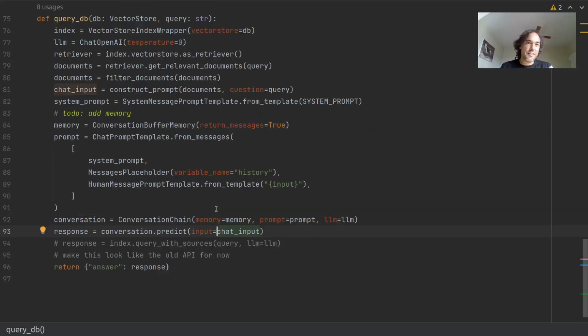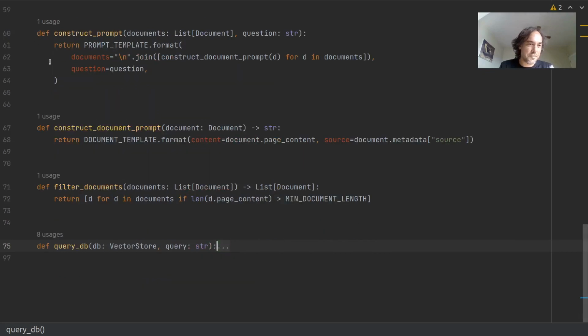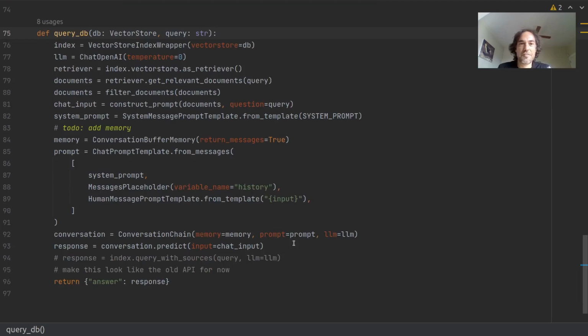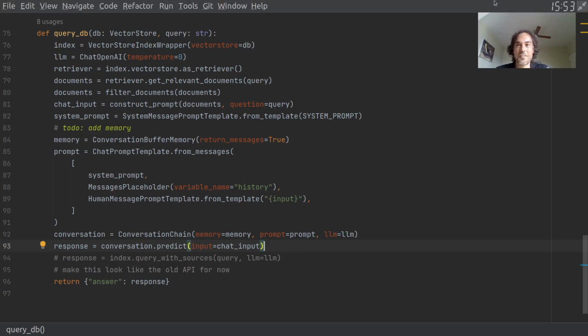So yeah, I don't know. I could compress this down. I just wrote this, but it's lines 75 to 97. So 22 lines of code to convert a GPT-3 based LangChain retriever into a ChatGPT based one with a bunch of hard-coded stuff. So I'm stoked about this. It's much better than the previous version of the bot that I had installed, and I'm excited to keep playing with this and see where things go next.